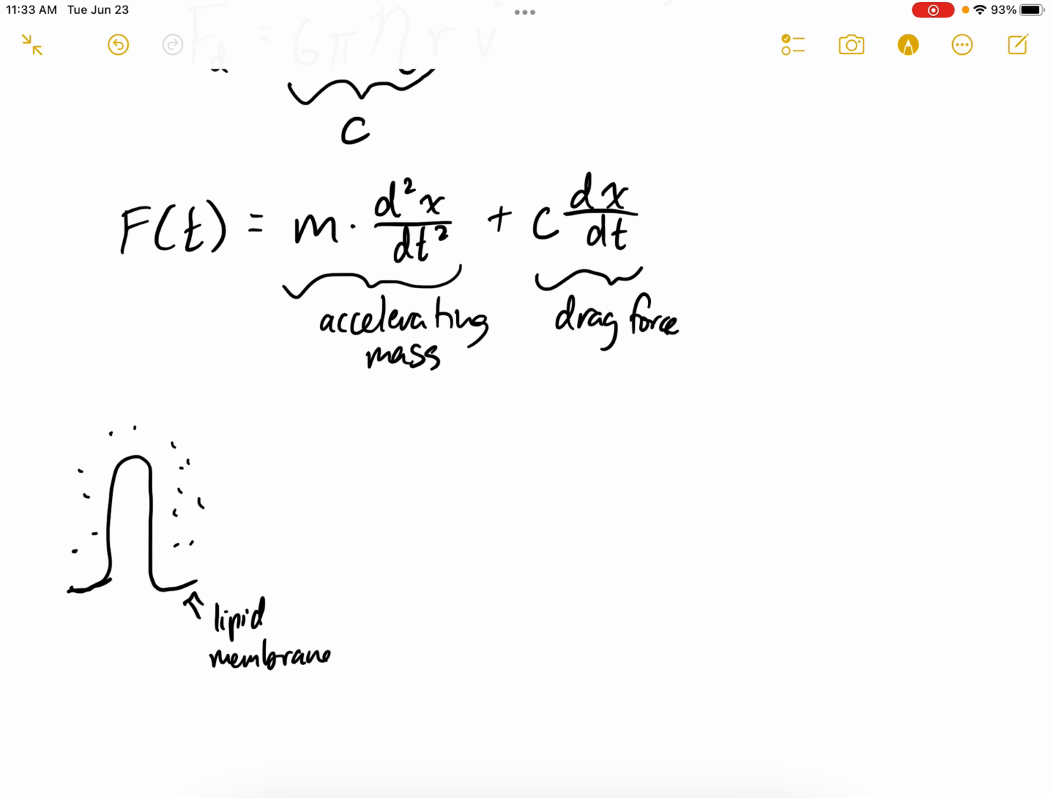And a lot of the proteins in this membrane act like a spring that will tend to bring it back towards the center, right? So it may be moving, but it will tend to go back towards the center. So here we apply Hooke's law,